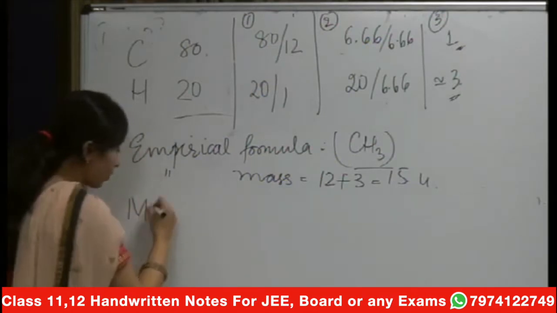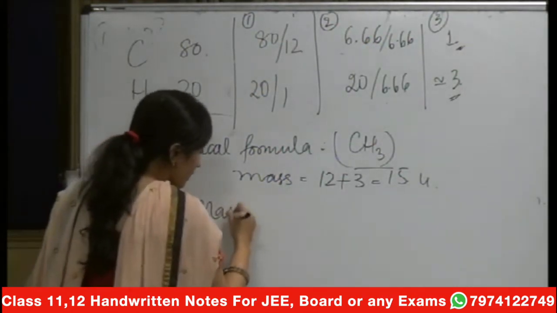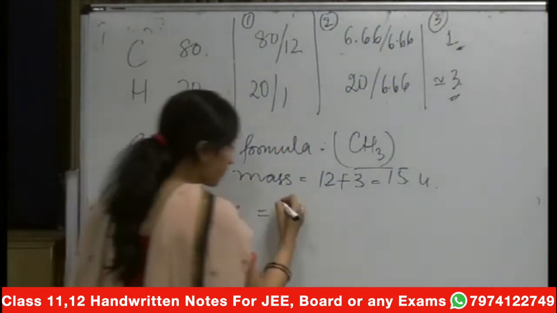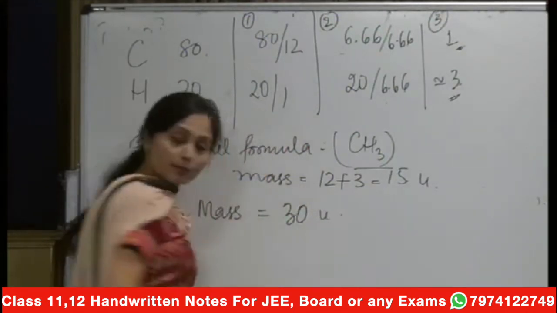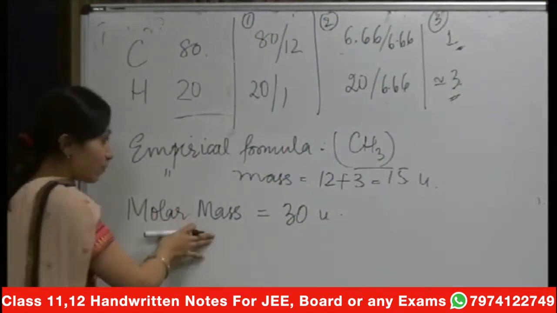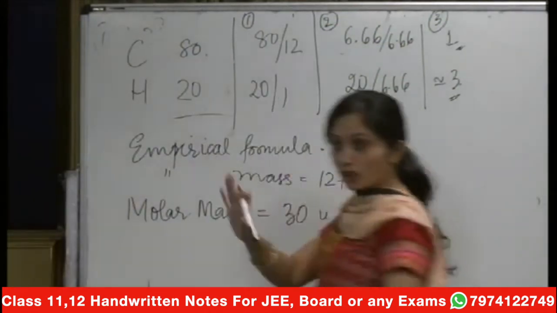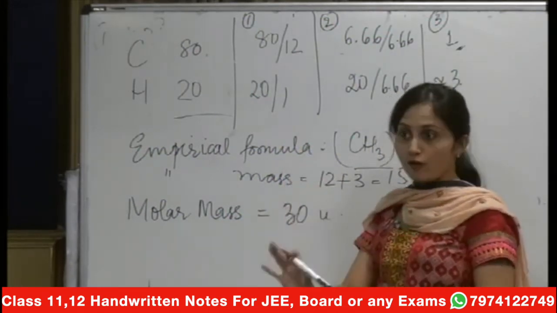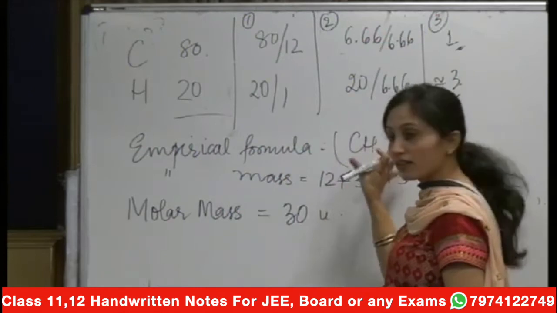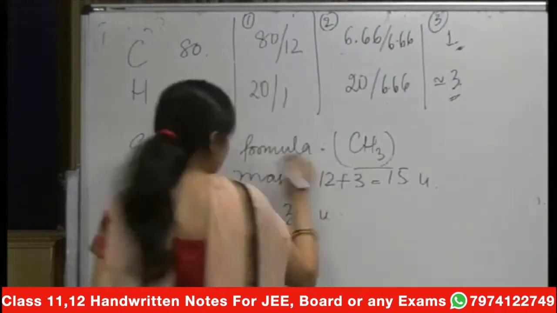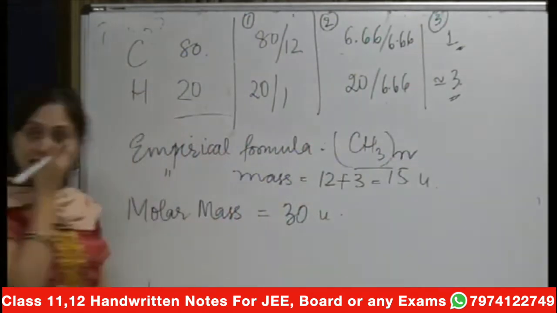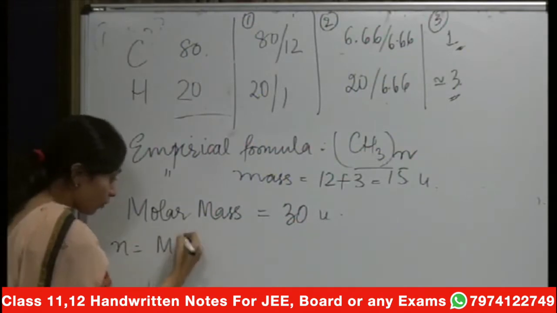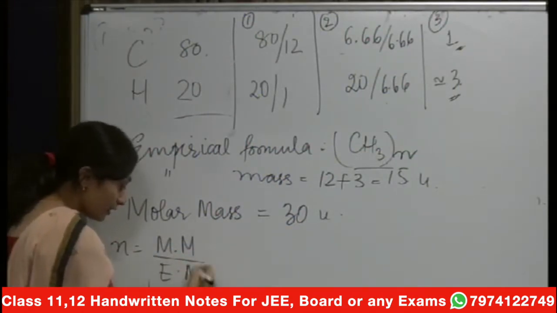Another thing, if you are now given the molar mass in the question, sometimes you may be given the molar mass also in the question, right? If the molar mass of this compound is given as 30 grams, say, okay, then in that case, that molar mass will not be this, because this is the basic formula. And molar mass is nothing but for the actual molecular formula. So your molecular formula may be higher than this. How can we actually find out? That means it may be some n number of times the CH3. So in this case, if I have to find out this n, that will be nothing but equal to molar mass upon the empirical mass.